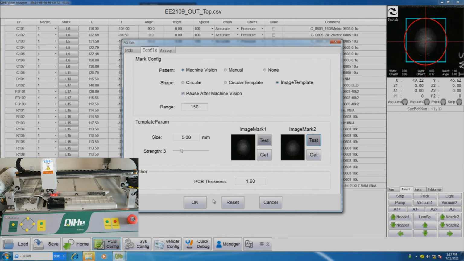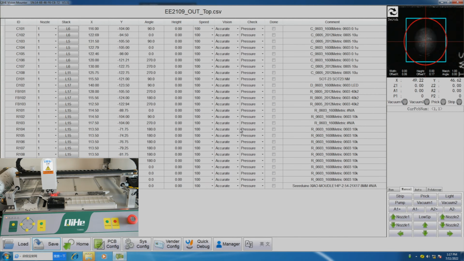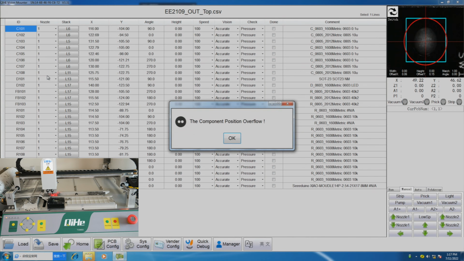All right, looks like we got it. We're now able to test. We actually identified it. You can see from the color change. This might actually work. We're getting really close to placing our first component, but first let's just confirm that our calibration actually worked. So we'll click aimed with camera,